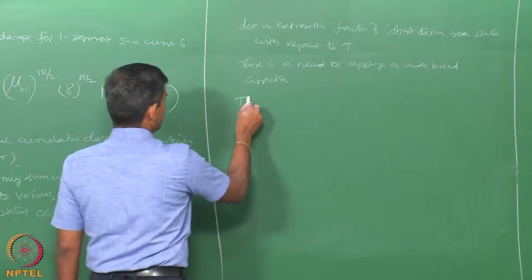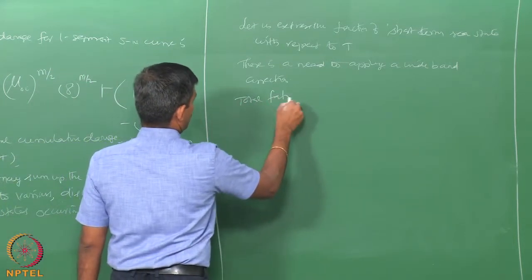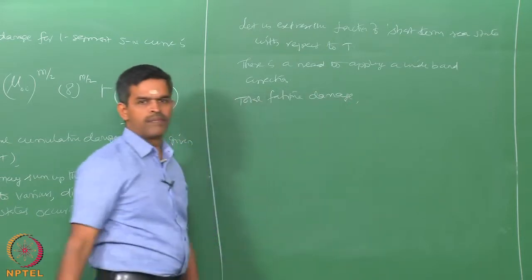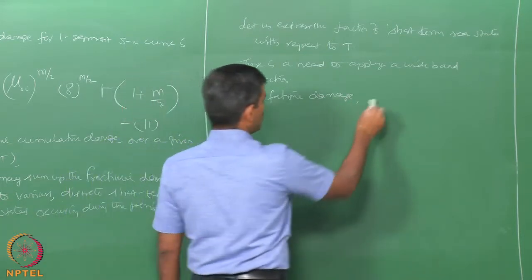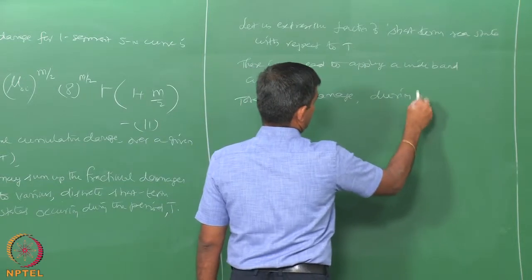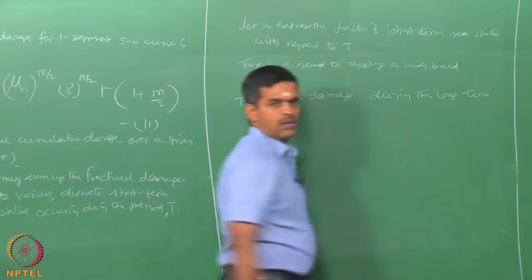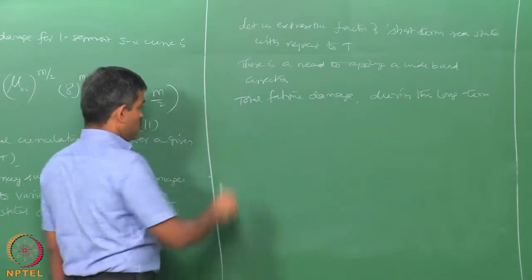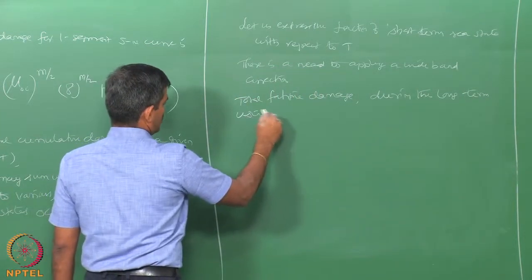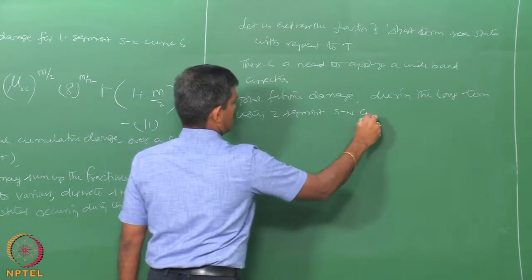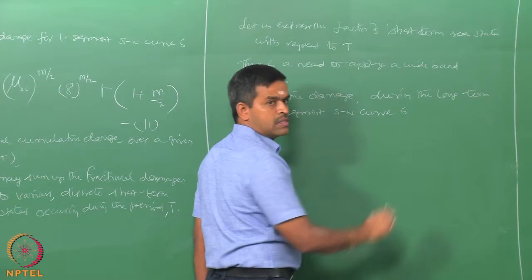So, in that case, the total fatigue damage during the long term using 2 segment Sn curve is given by